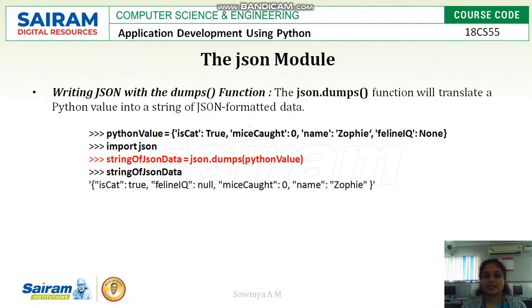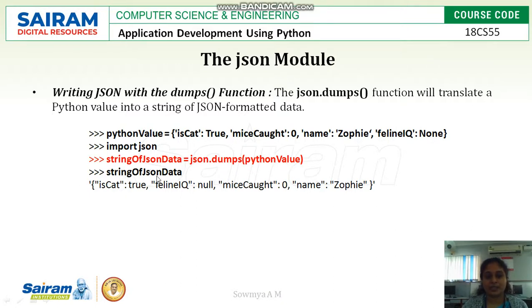Next is writing JSON with the dumps function. json.dumps is a function which will translate a Python value into a string of JSON format. So here we have a Python value in the form of a dictionary data type. Then import json. String of JSON data is equal to json.dumps passed with the Python value as an argument.